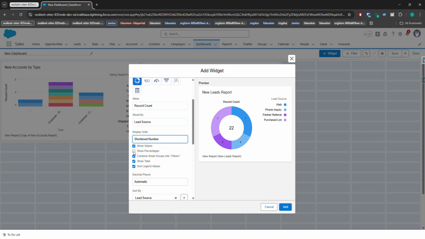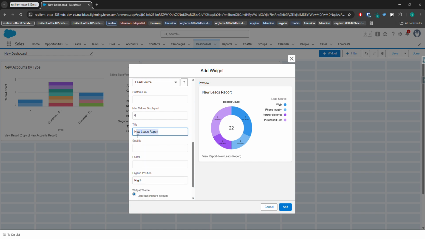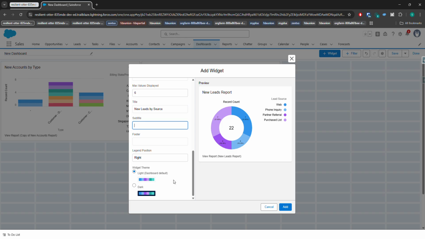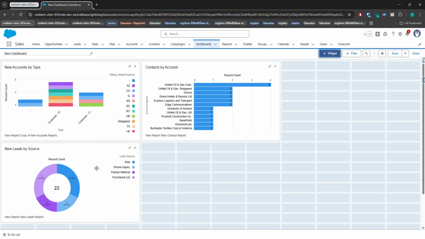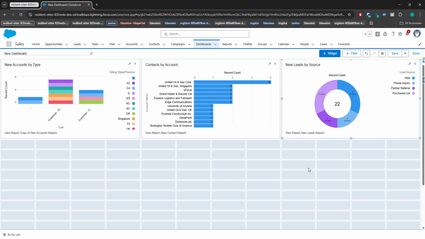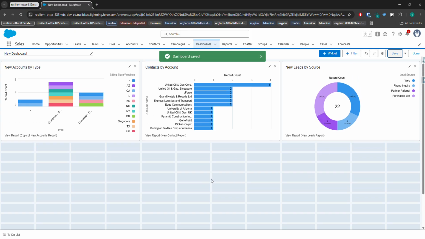Now what we can do is also click on show percentages. So now you can see that 31% come from purchase list and 31% come from web. Go down and we're going to say new leads by source as our title, and we're going to leave it as the light theme, and click add. And I'm going to drag it up here to fit it in here, and now I'm going to click save. Okay, let's add one more widget